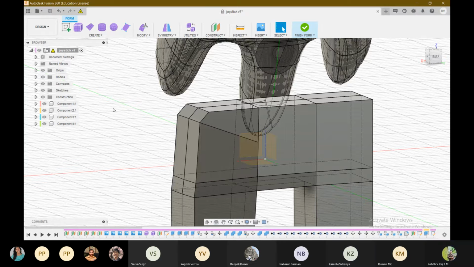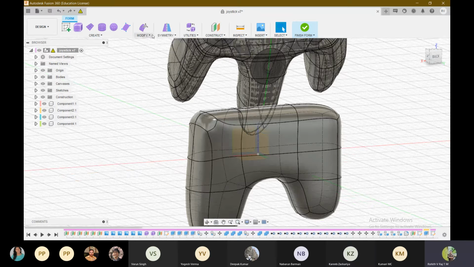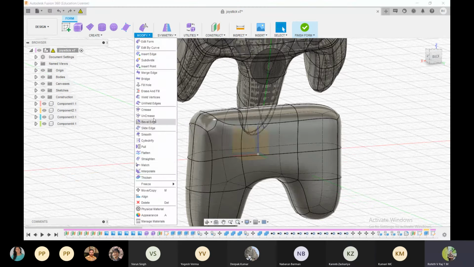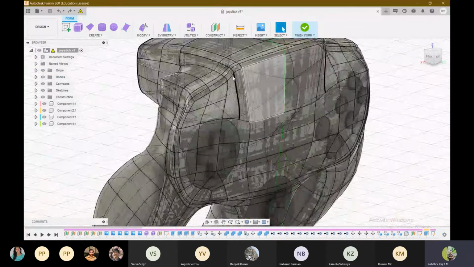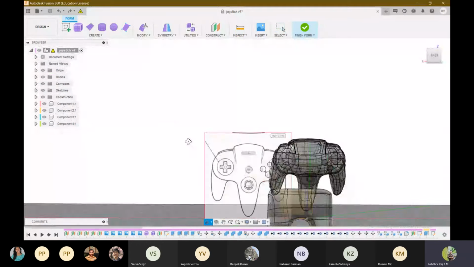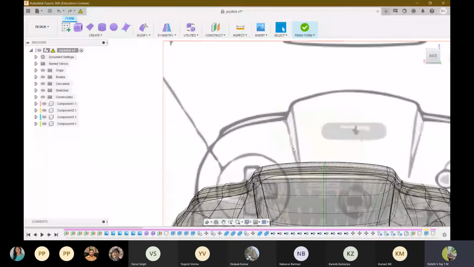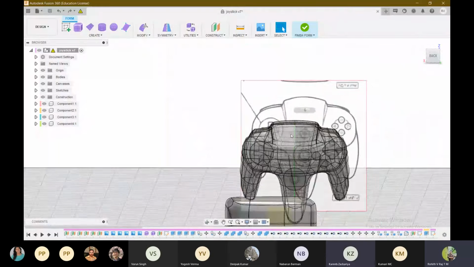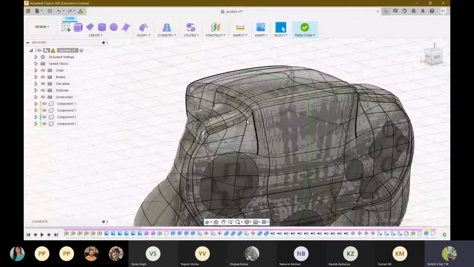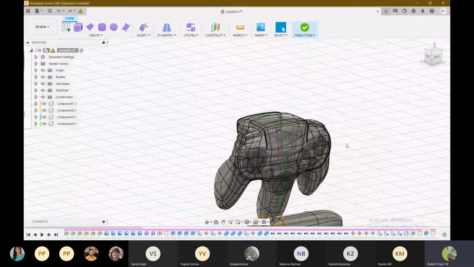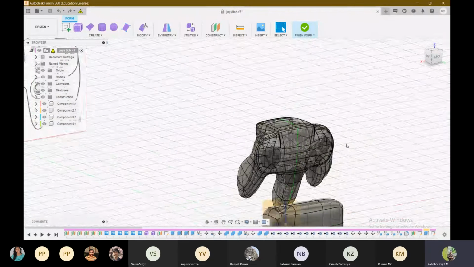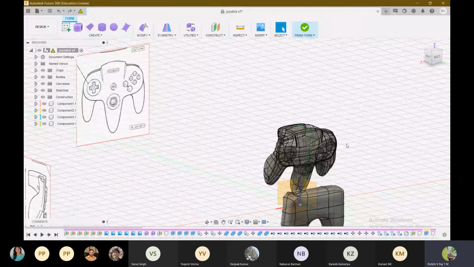Then maybe I use increase bit, but not much here since the canvas had some complexity. I didn't go that deep. I could have added one more point here, but that might have created some issue, so I didn't add it. My laptop was really hanging a lot, so I kept the detailing as minimal as possible.